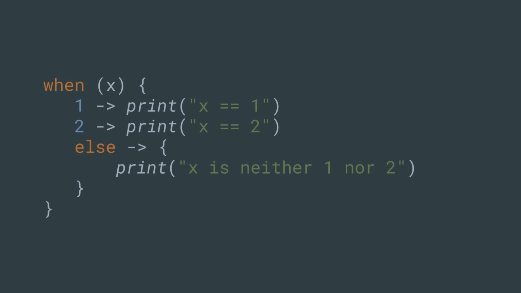And it always requires you to either fill all the possibilities of when. So if, for instance, you have an enum, you can just enumerate all the actual values. But if you don't know all the possible values, you're always required to have this else branch. Why? Because just like if, when is also an expression. So if you use it as an expression, it must always return something of some type that you can use usually to build those one-liner functions.